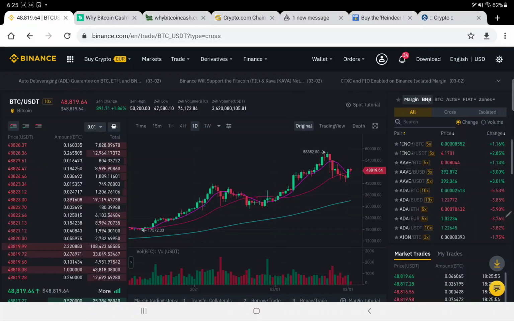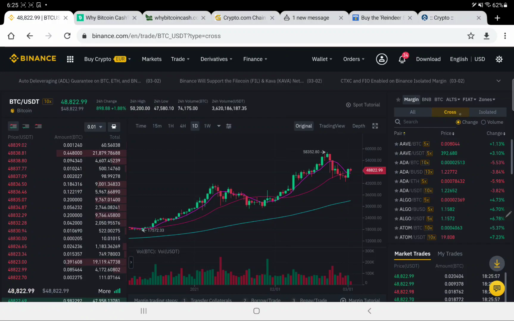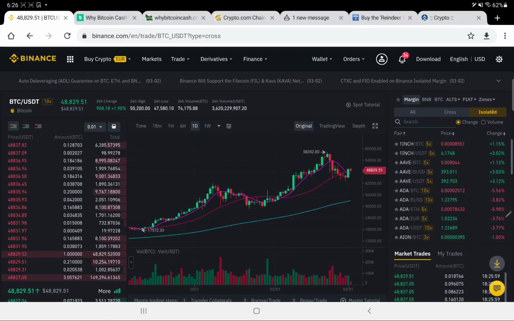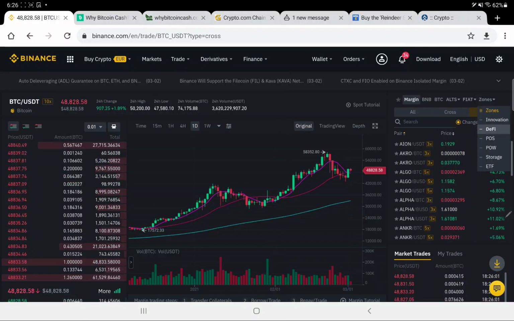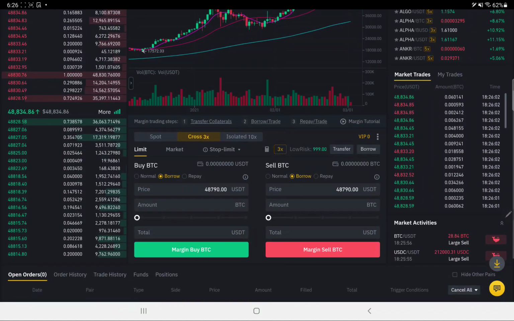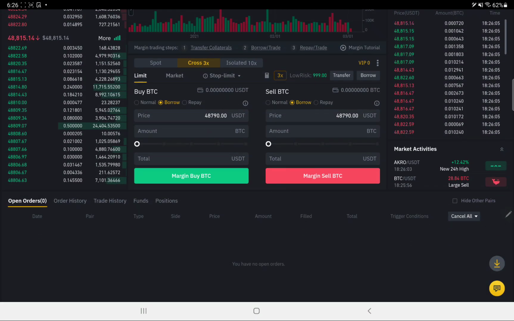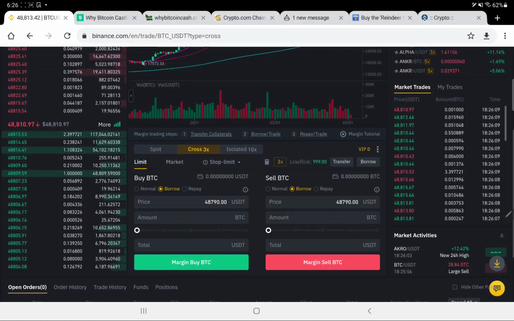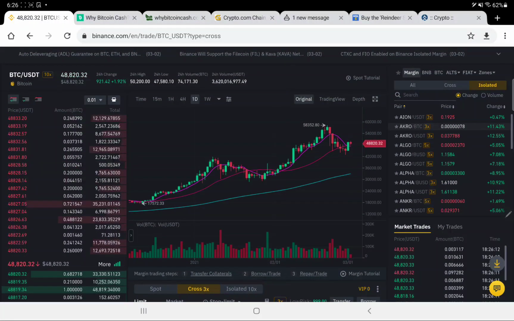And there are cross margin and, as I told you before, isolated margin. If you place an order, then only whatever amount you trade, buy or sell, that particular amount will be available for the trade, and your loss will be fixed to that particular amount only.